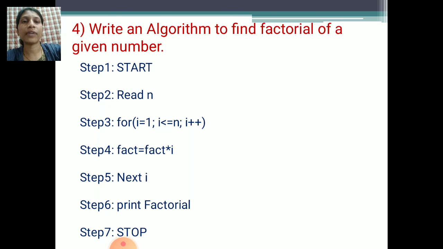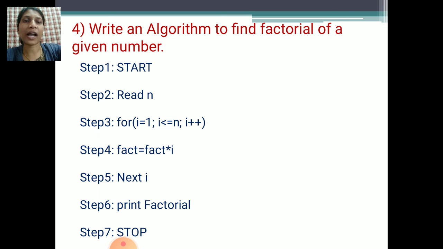Step 3: whatever formula or conditions you are using in your program are declared in step 3. Here we are using a for condition: for i equals 1, i is less than or equal to n, i plus plus. Okay, i is incremented. This is a for condition. Step 4 is fact equals fact into i. If the condition is true, it will execute the loop once again.